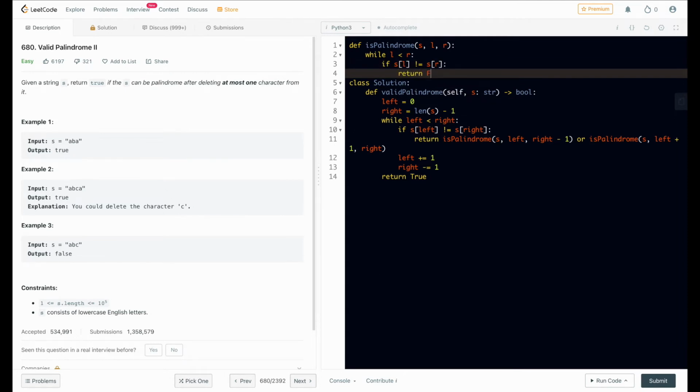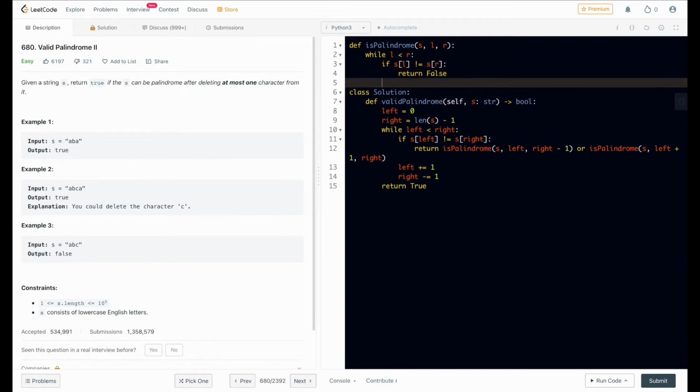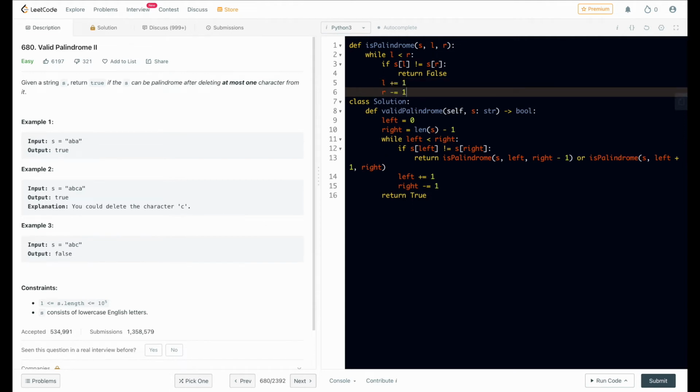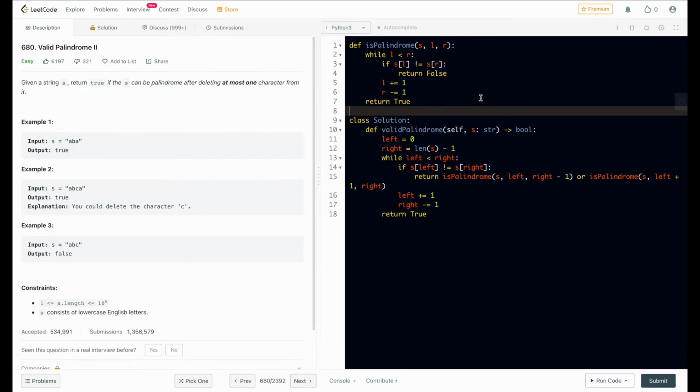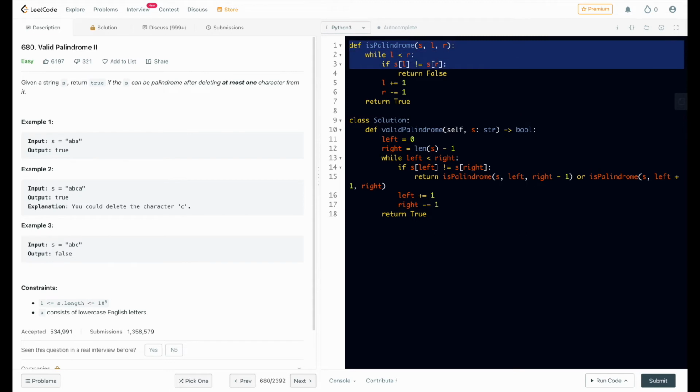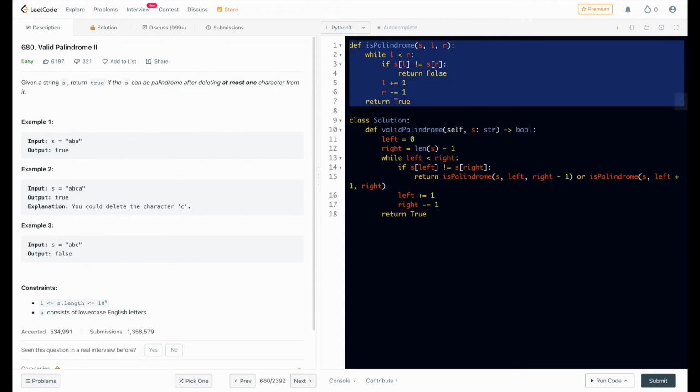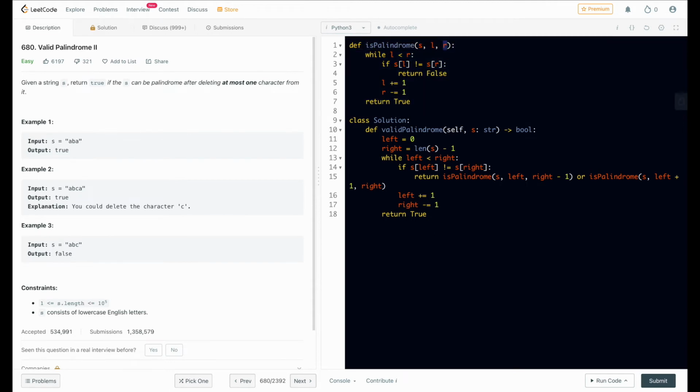return false, which means that this is not a palindrome. Otherwise, left plus equal to one, right minus equal to one, return true. That's it. This function is just checking if a string is a palindrome or not within left and right positions,